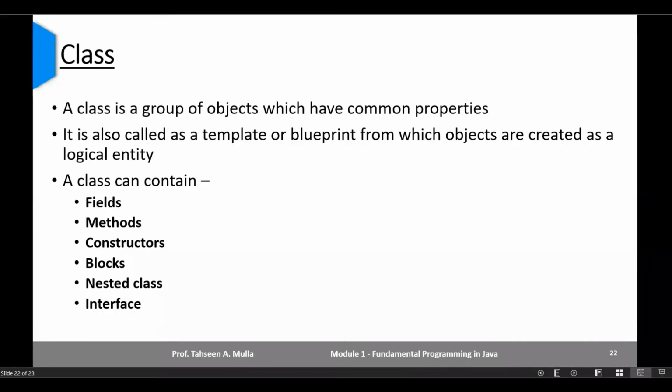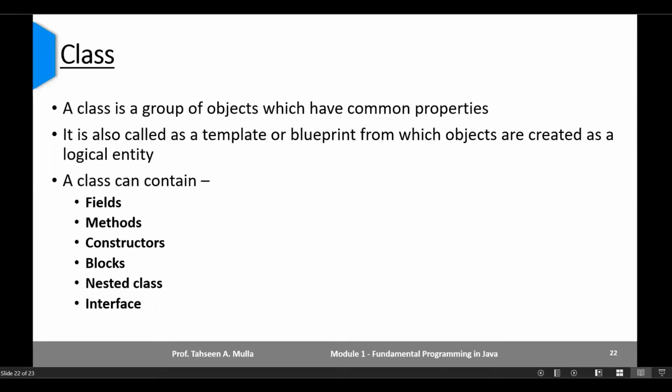Another logical important point in Java object-oriented programming: we define a class as a group of objects. As I said, in the example of a bank account with withdraw and deposit, I'll be having multiple objects. So you can call it a group of objects which have common properties. A class can also be defined as a template or a blueprint. Focus on these words. It can also be called a template or a blueprint from which objects are created